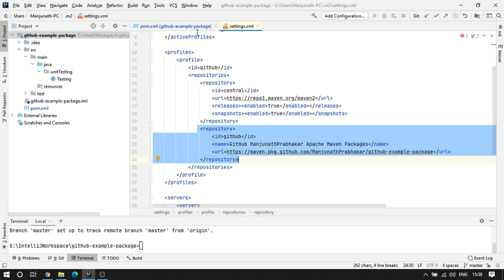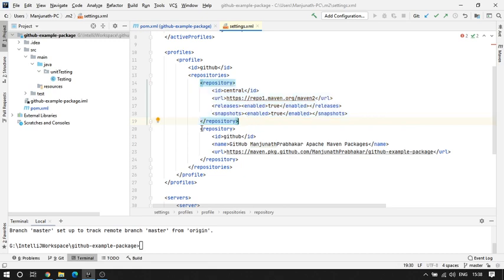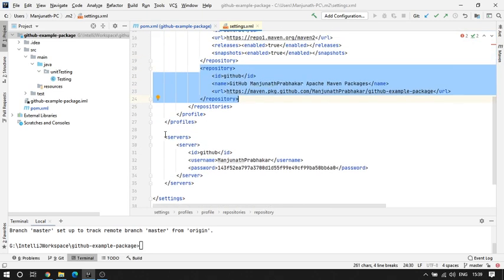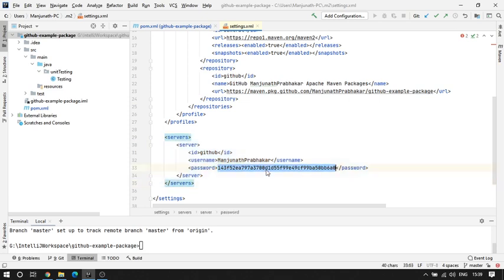Whenever your IDE downloads your Maven dependencies, it will search the Maven Central Repository, and if it is not available, it will also search the GitHub repository. To access this repository, we are passing our access token and our username here. This is hashed or encrypted, so nobody can use it except the IDE.